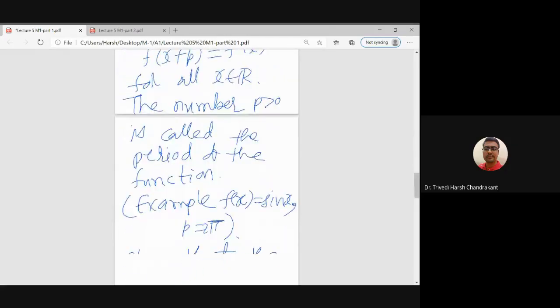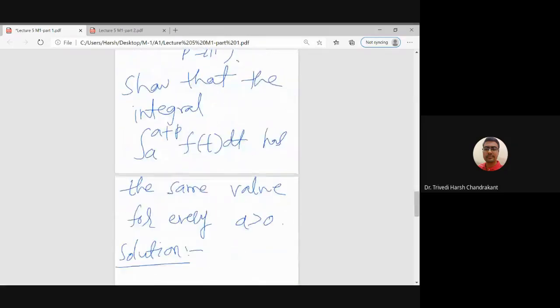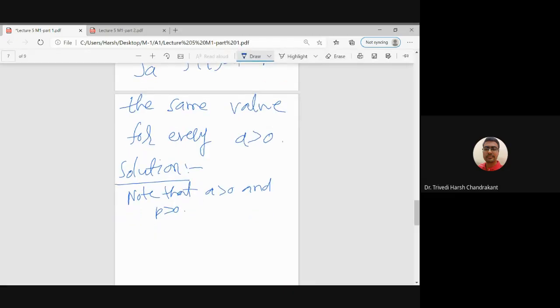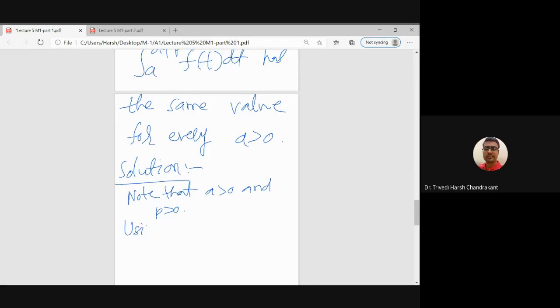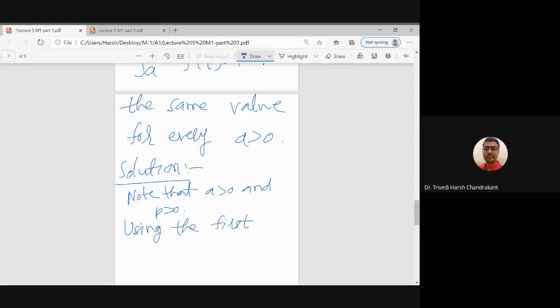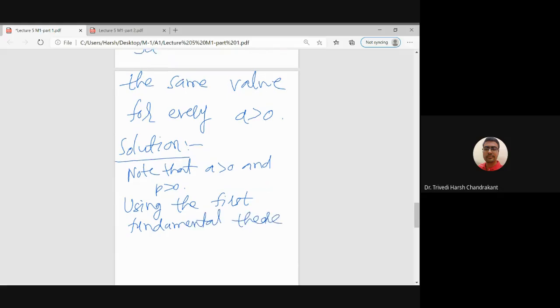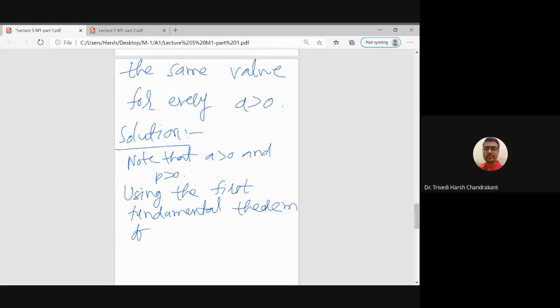So let us see what we will do here. Note that a is greater than 0 and p is greater than 0. So using the first fundamental theorem of calculus,